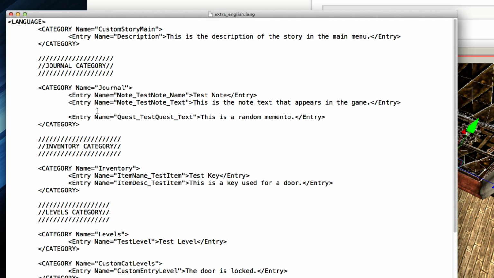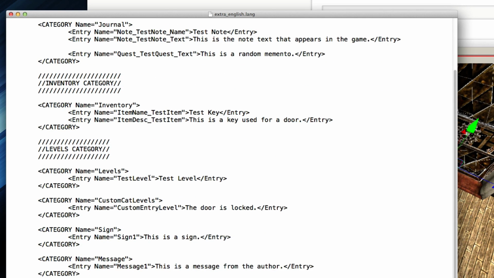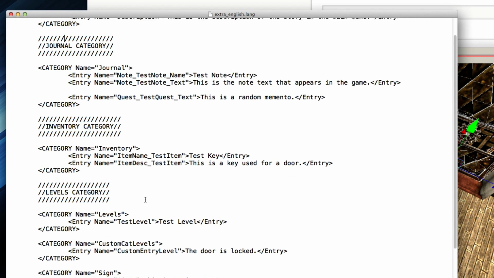So yes. Now the example file that I uploaded has these little banners, so I've already made a few for you. You can use that if you want to, and that should be pretty much about it.